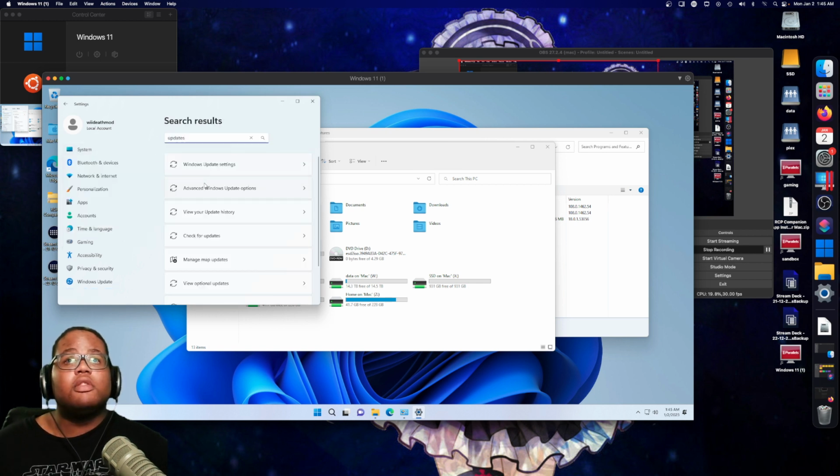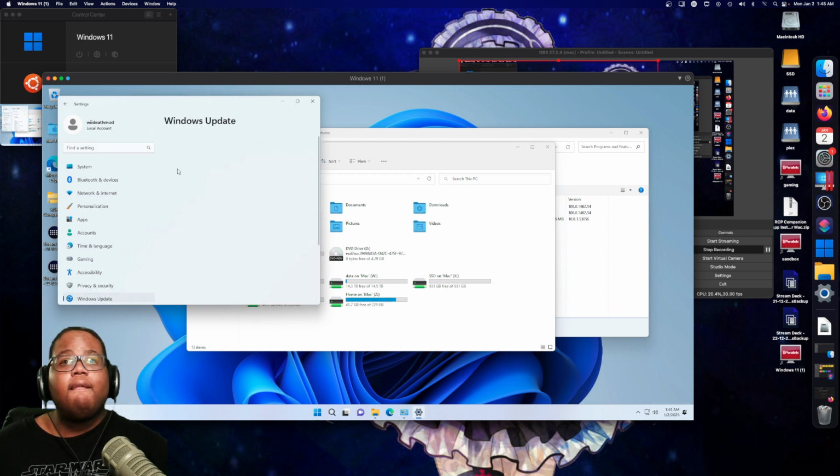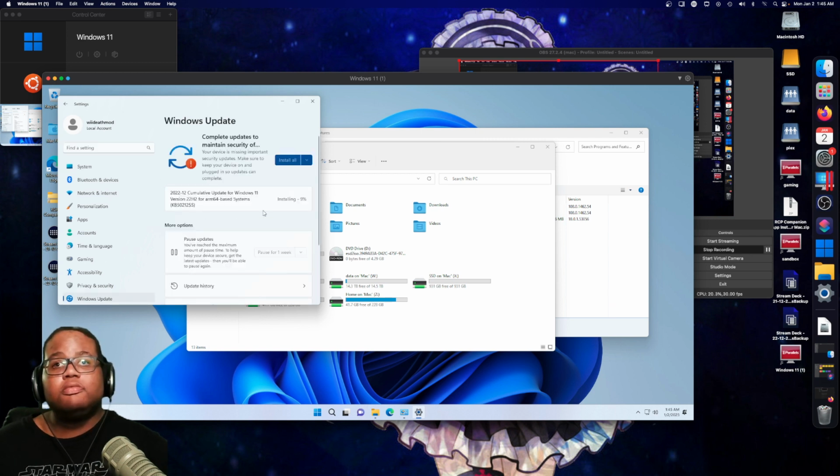So you want to make sure you install Professional if you want to remote desktop in. But if you don't care about remoting in, then you can install Home, and then you can do this. So while the update's happening,